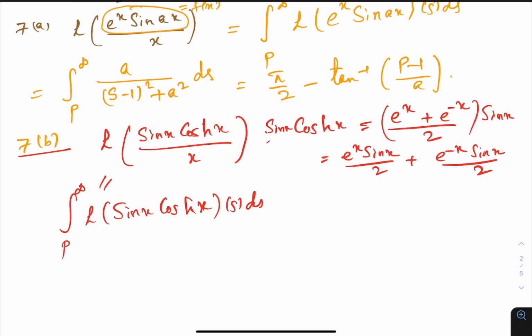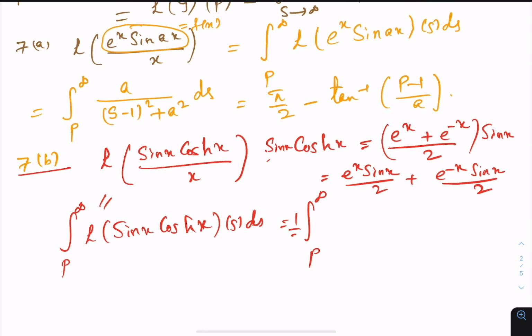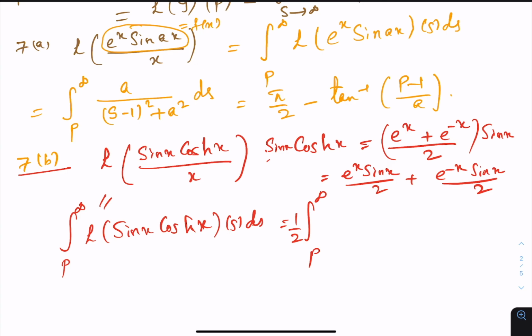then the Laplace transform by linearity is precisely the integral from p to infinity of the Laplace transform of e^x sin x over 2. So let's bring the 1/2 outside. That's going to give you 1 over (s minus 1) whole square plus 1, plus 1 over (s plus 1) whole square plus 1. Okay, integral of that,